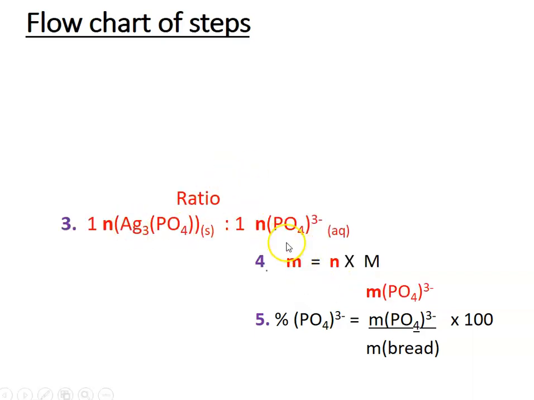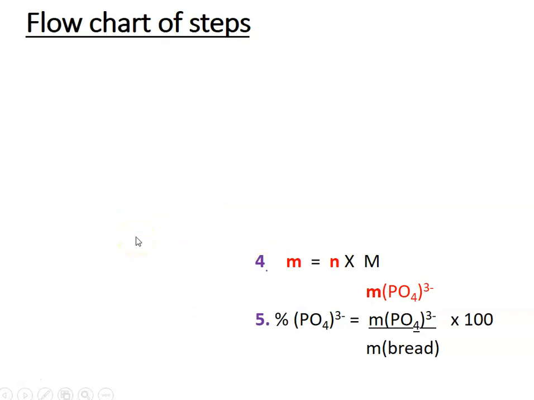we are doing the ratio between phosphate and silver phosphate. I could write the sodium in here because it's still a 1-to-1. So you can cut the sodium phosphate down and just talk about the phosphate part of it, looking at the ionic equation. So to get the number of moles of phosphate, we're relating it to the number of moles of our precipitate. So once you know this number of moles, then it's exactly the same number. So to get the number of moles of precipitate,